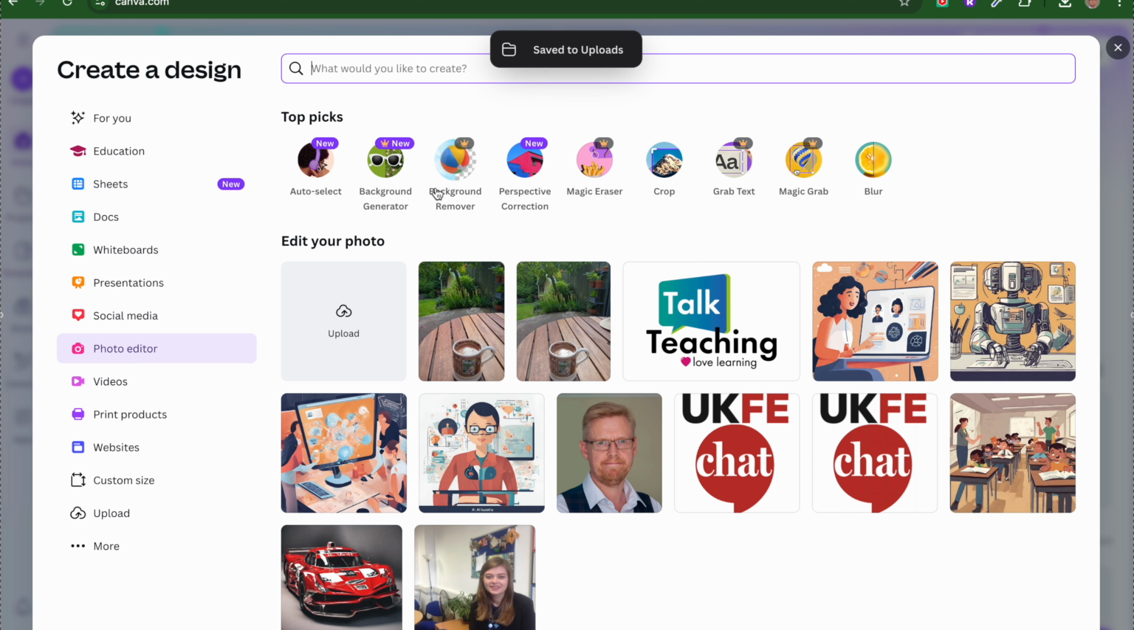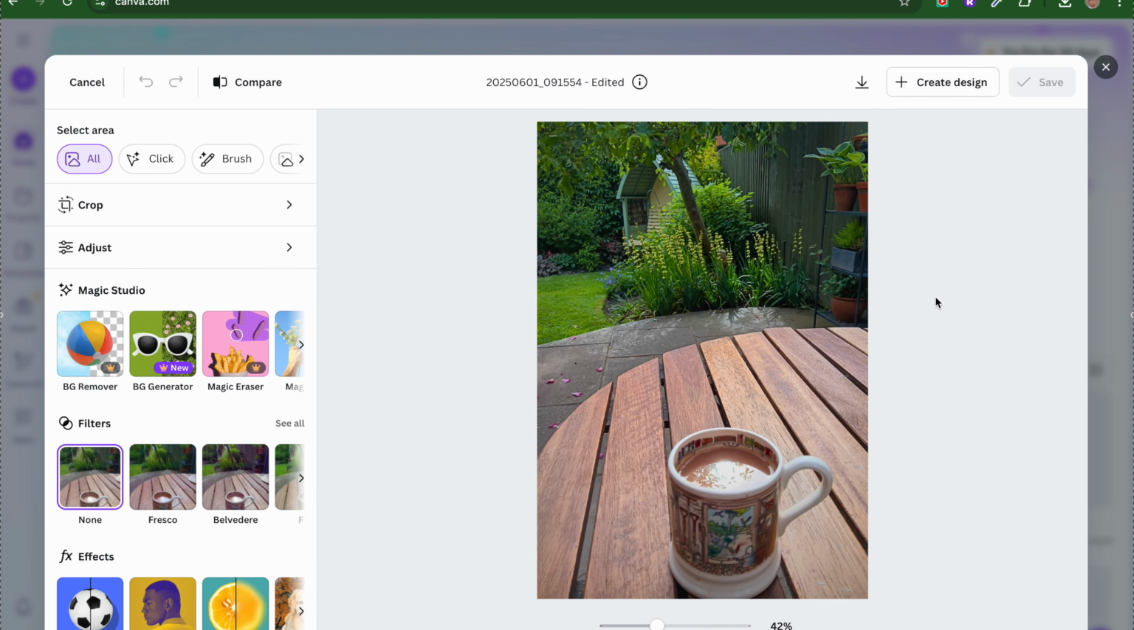And that's now saved to my uploads. So you can see the difference between the two. On the left is the edited one, and on the right is the original one. If we open that up again,